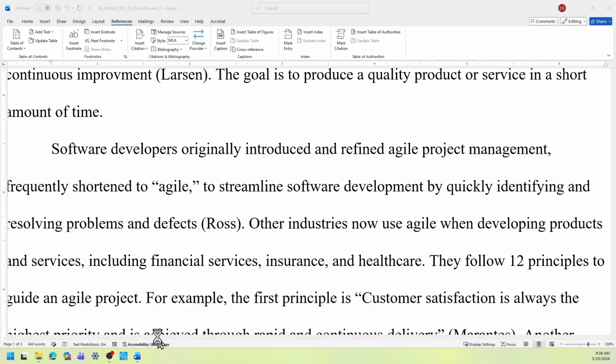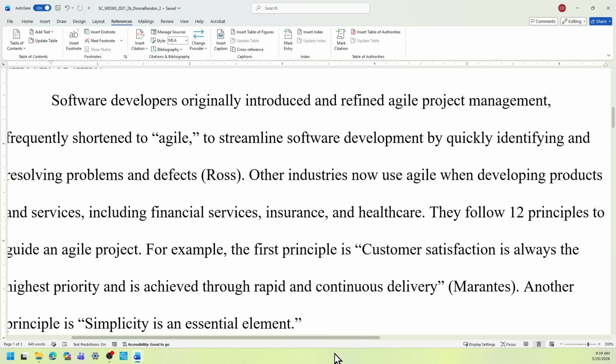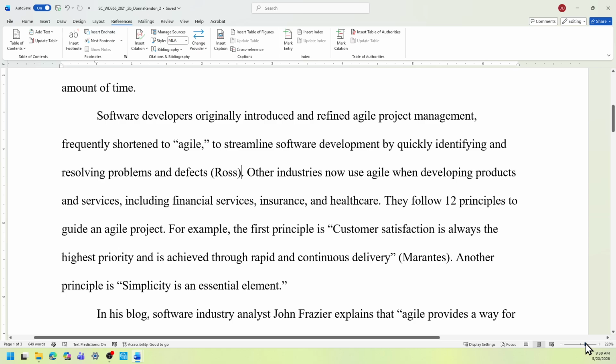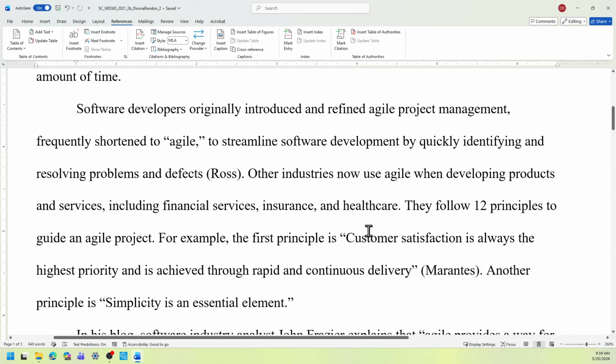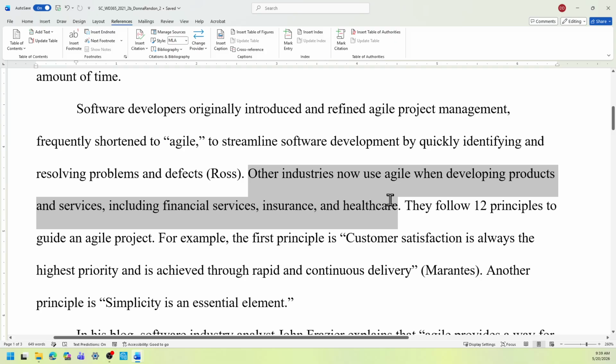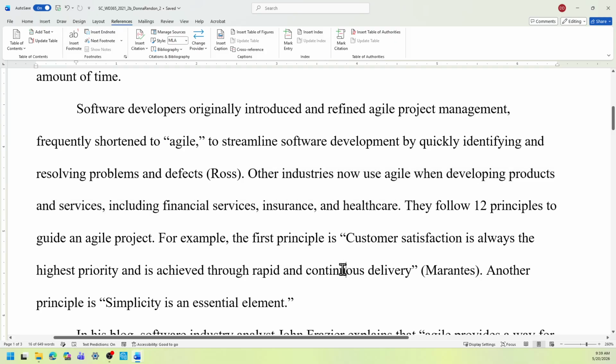Back to the start file. Okay, so this is the next sentence. I'm going to make it smaller a little bit so you can read the statements. Other industries now use Agile when developing products and services, including financial services and insurance and healthcare.